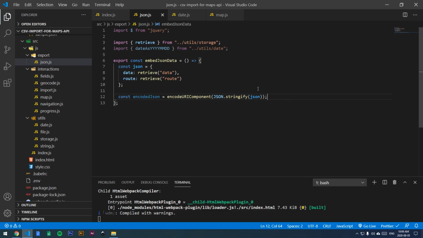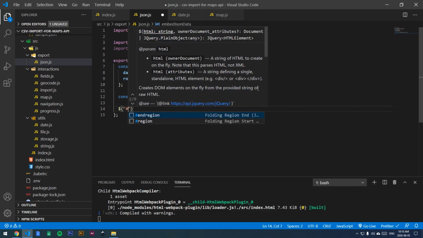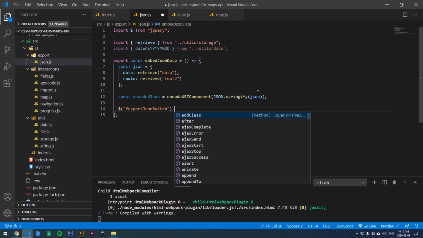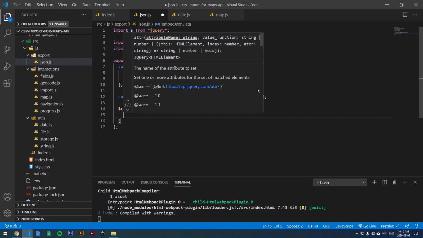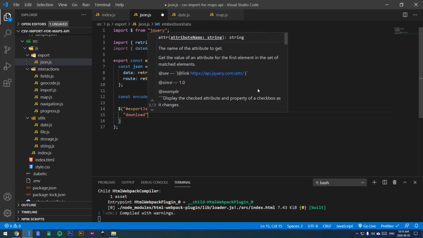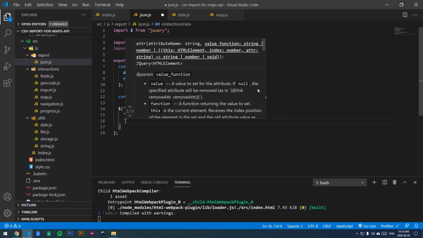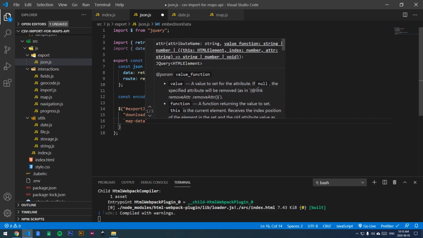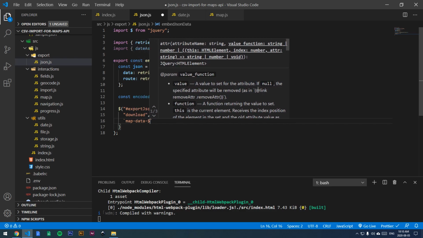And we're going to put that into our JSON button, which is really an anchor tag, so it's like a hyperlink. To do this, we're going to select that button. It has an ID of export JSON button. And we're going to put an attribute of download on this hyperlink. And then we're going to give it a title for the file. So we're just going to say map data, and then